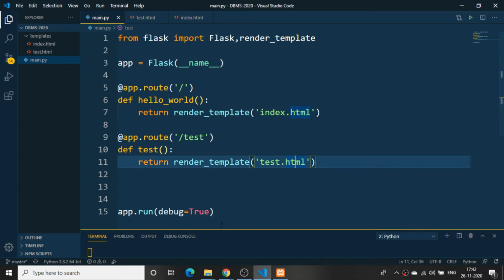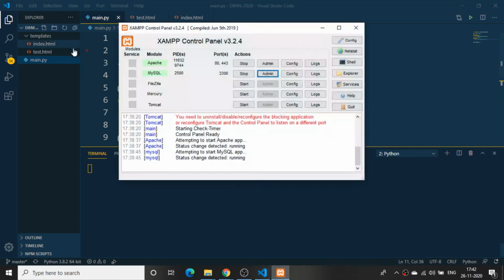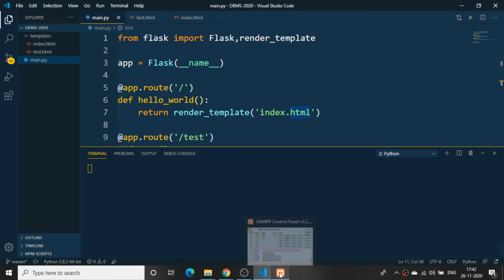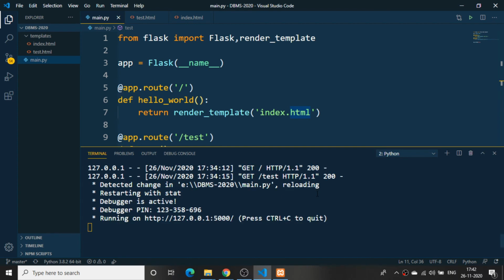Now we will be using one more library, that is SQL Alchemy. What is SQL Alchemy? It enables us to connect our front end and our back end, that is the XAMPP server database. It will be helping us to connect with the database, that is MySQL. The module name is Flask SQL Alchemy, and I need to install Flask SQL Alchemy.